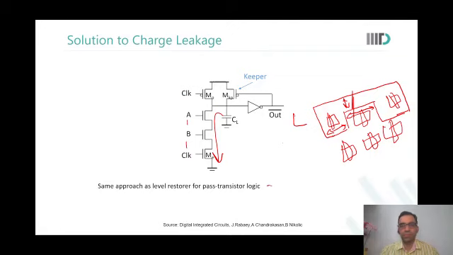Okay. There's no time period of A and B. There is a timing constraint between A and B and clock, that A and B should be settled before clock arrives. That timing constraint you can talk about. But there's nothing like a time period for A and B. Okay, sir. Thank you. So if A and B have to be 1, then they should arrive some time before clock arrives. That's it.